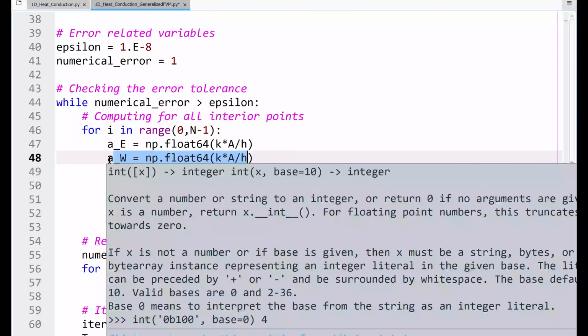And remember that if we have certain things on the boundary, in this case an insulated boundary, then we simply have to tell the code that at that point AW is 0. So in this case we had the insulated boundary, that is why AW is 0. If we had dt over dx as something else, this may not be true, so you have to do the calculation again and see what that AW would be.